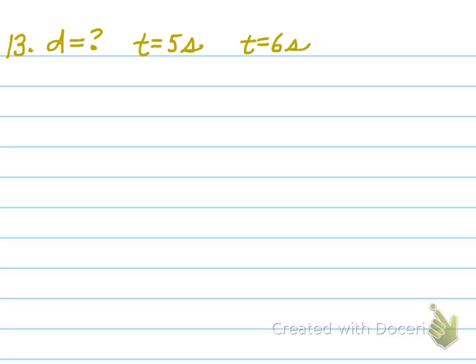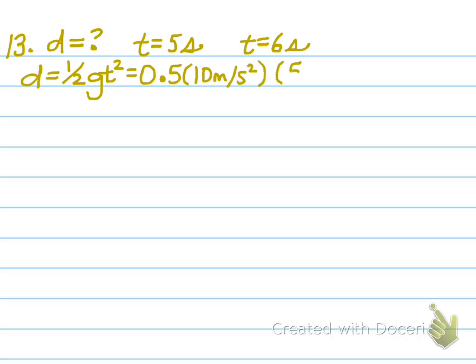And so our equation for free fall for distance is 1/2 gt squared. So 0.5 times 10 meters per second squared times our time, which is 5 seconds, squared. So again, we put that in our calculator, 0.5 times 10 times 5 squared, and that gives us